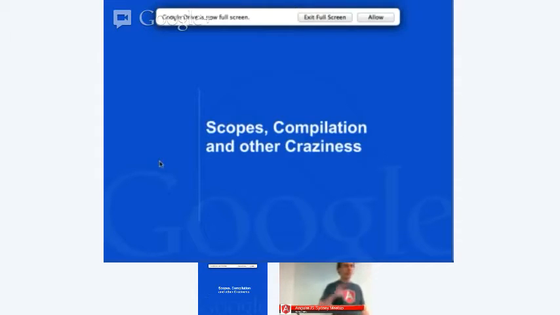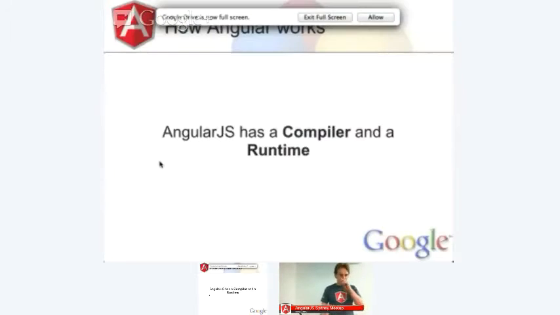But if you want to do anything substantial in terms of writing reusable widgets that you can use in different places in your app, or figuring out how to optimize some of the things that Angular does, Angular can be a little bit memory intensive if you don't use it correctly. Then having an understanding of these things really helps you.